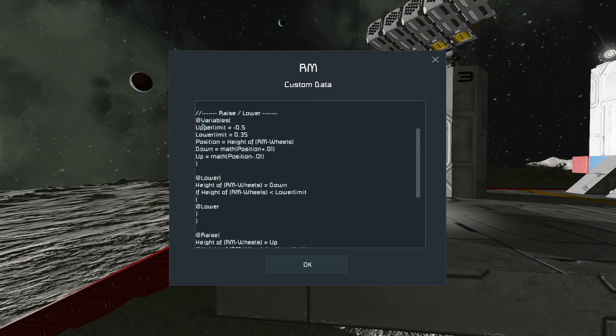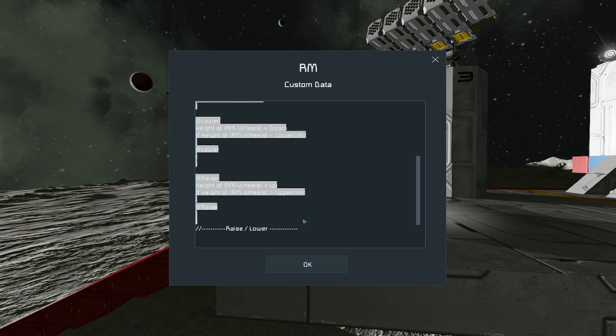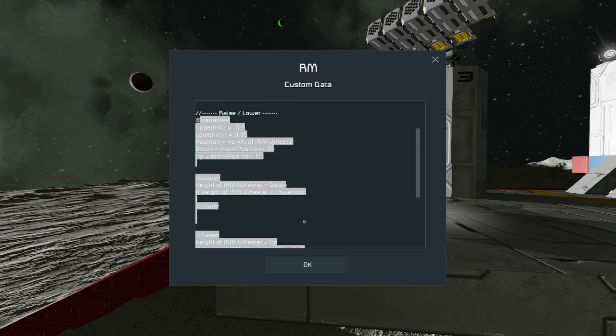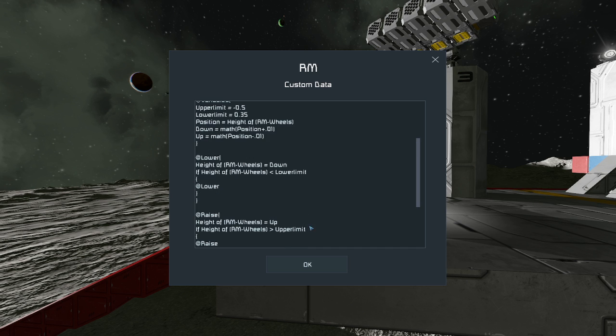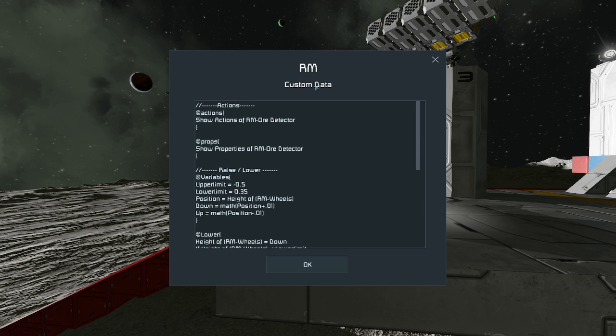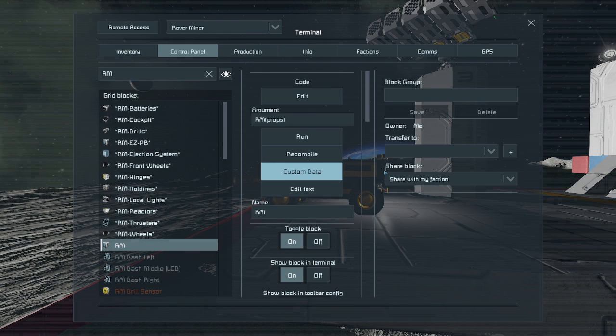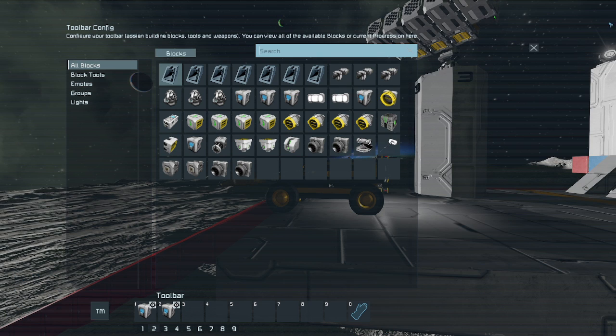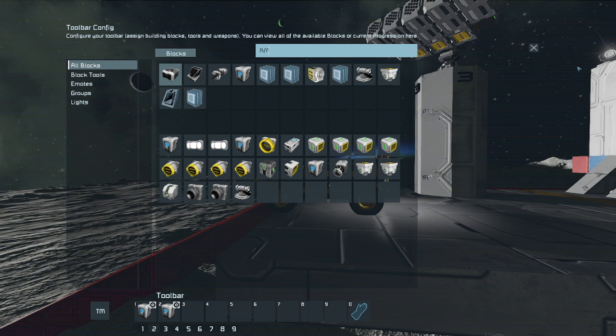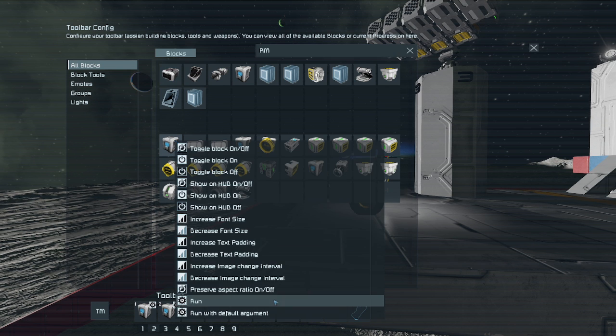So this is the script that I share, or the code block that I share. That's the whole thing from top to bottom. So you paste the script into your custom data of the programmable block, and then what you do is I went to my G menu and I looked for that programmable block, and there it is, and I right clicked and chose run,